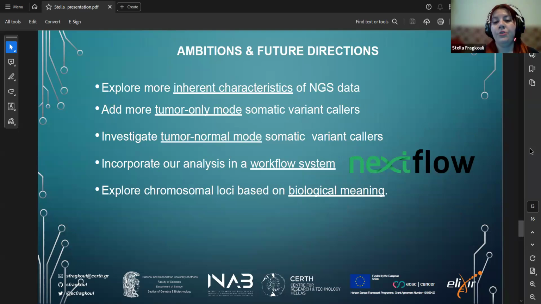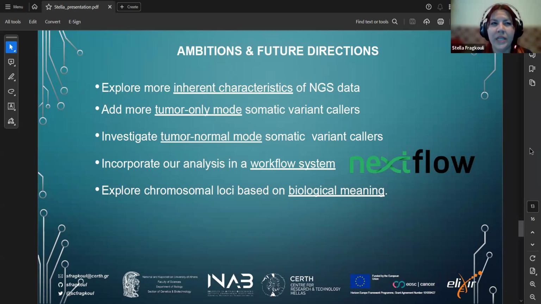So our future directions and ambitions are to explore more inherent characteristics of the NGS data, maybe add more tumor-only somatic variant calling, and also explore the tumor-normal mode. We want to make the pipeline a little bit more user-friendly, so a workflow system like Nextflow is something that we are flirting with at the moment. And also,